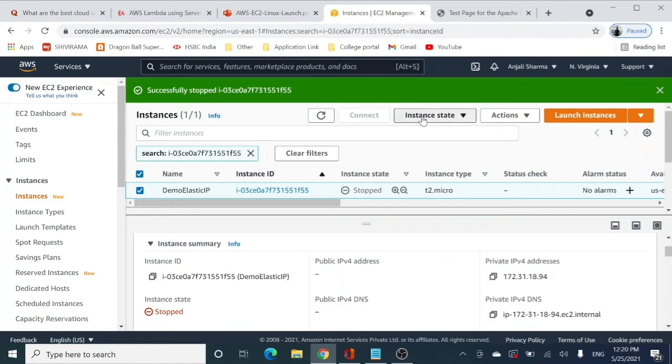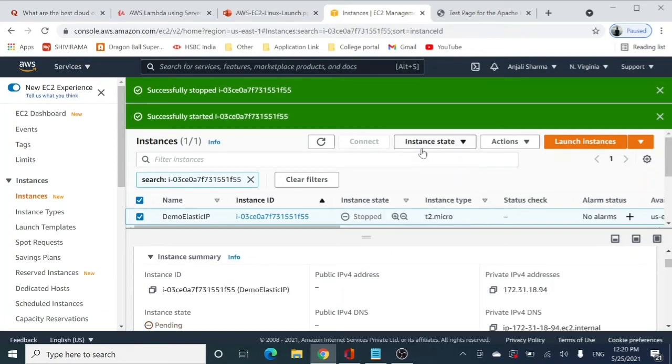So now let me check whether I will be assigned a new IP address to my EC2 instance when I start it. I have started my instance again, and it is coming back to the pending state, and after some time this instance will be in the running state. And now you can see it is in the running state, right?